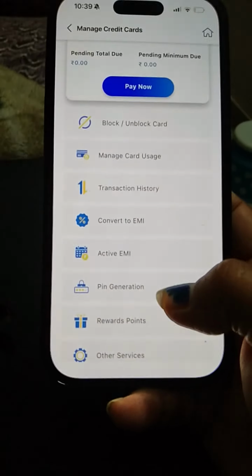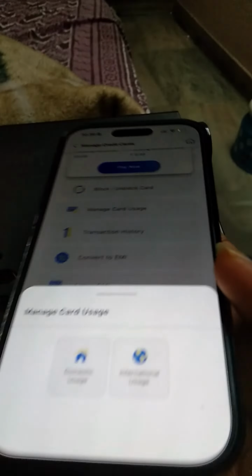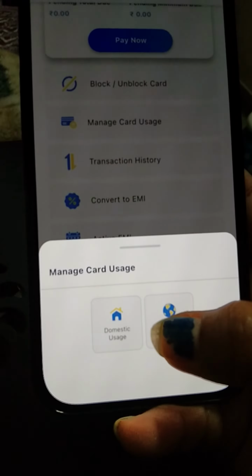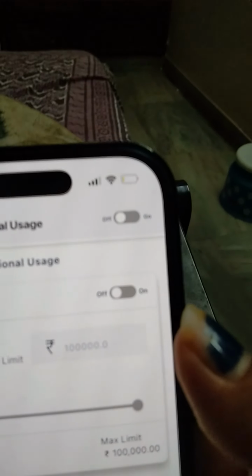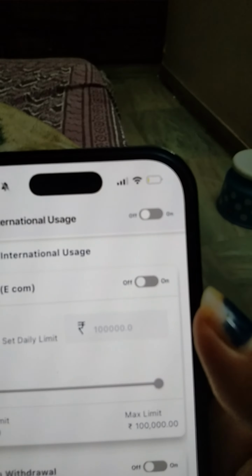I have to check that this is on, so that whenever I am going international, I don't get caught up unable to make payments. So I will go to manage card usage. This is in almost every app, I'm just showing you a sample. Under international usage, you can see this is right now off.